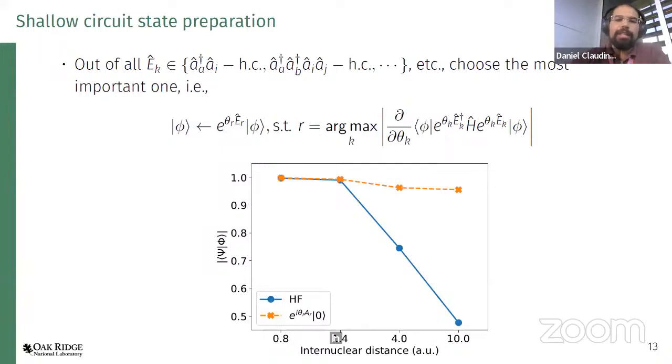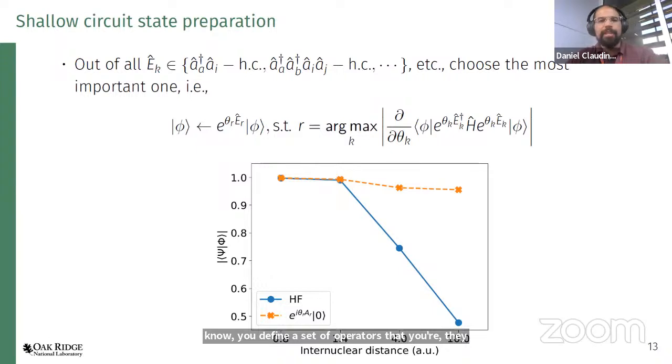So how do we do that? The idea is that I borrow from another algorithm that is quite well known right now. It's called ADAPT-VQE. So you define a set of operators that you're willing to work with, and that can potentially span the Hilbert space, or at least the subspace within which the ground state energy is located. And then once we define those operators that will span that subspace, we choose the most important one,